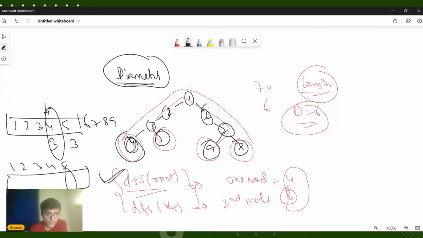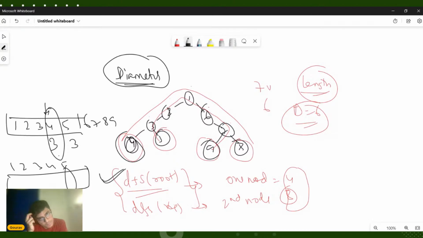I hope everyone understood this concept. Can we try BFS? Basically, the DFS algorithm will help you do it more efficiently. In the DFS algorithm, you are trying to go into the depth of the tree. The BFS algorithm traverses the tree level-wise, so it will not help you here. What you want, once you start with the root node of your tree, is to go to the very depth of the tree as fast as possible. So DFS does that recursively.